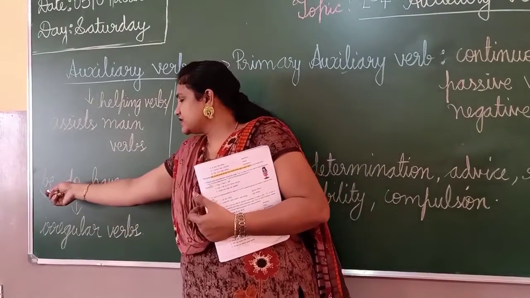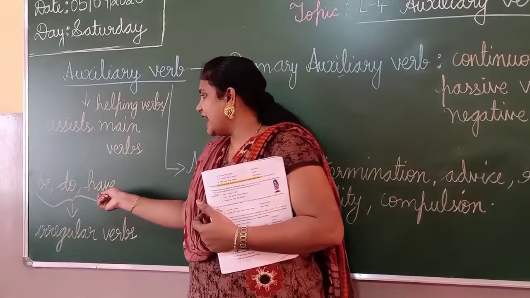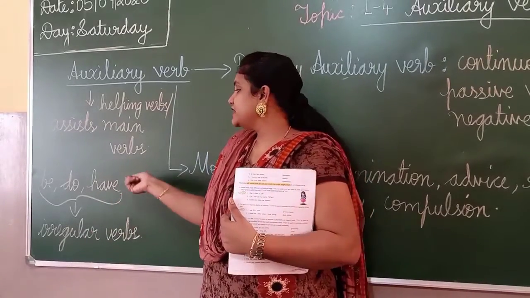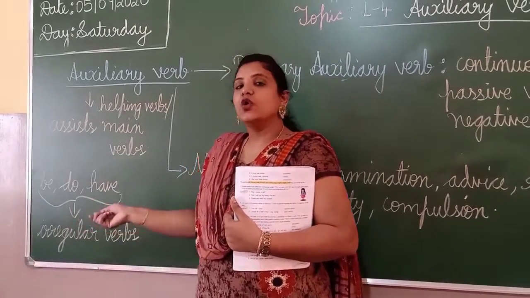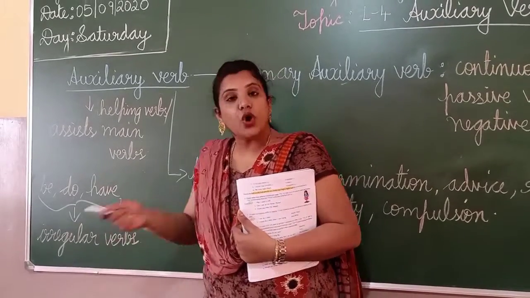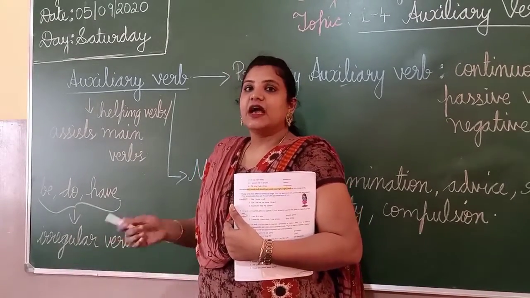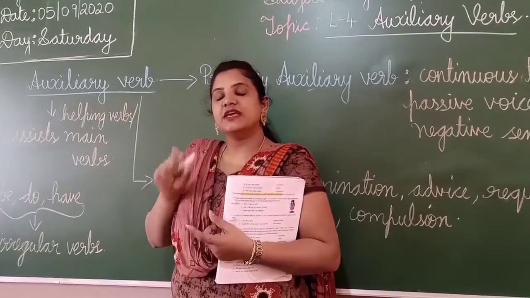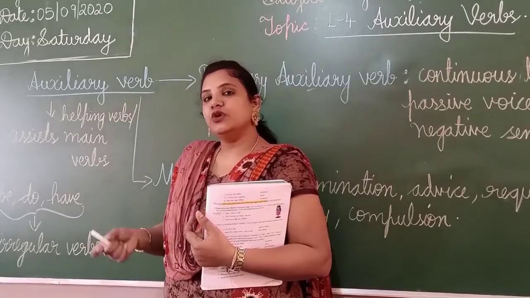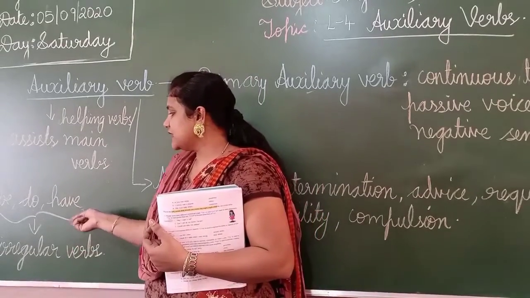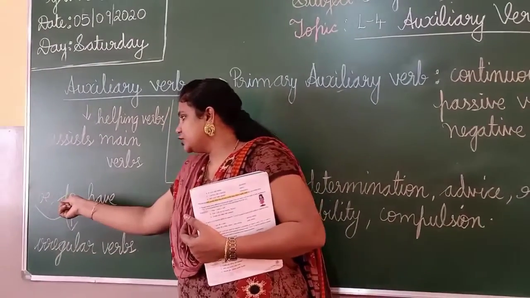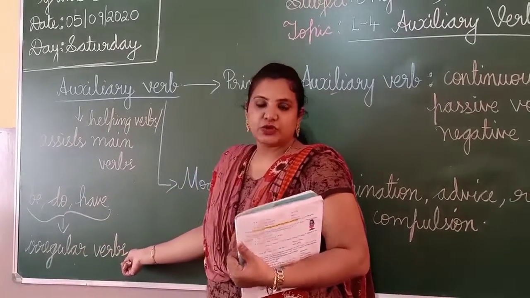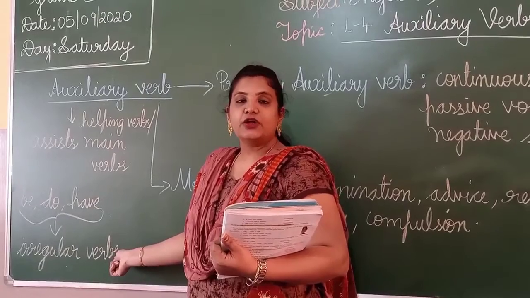Okay, so some words are be, do, have, is. Right? These are all supporting verbs. Is walking, is standing, have done the work. Right? So these are all the verbs. Is, have, be, do. Be, do and have are called irregular verbs. These three are called irregular verbs.